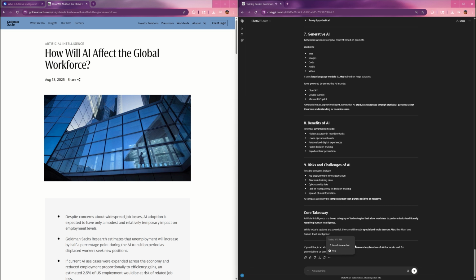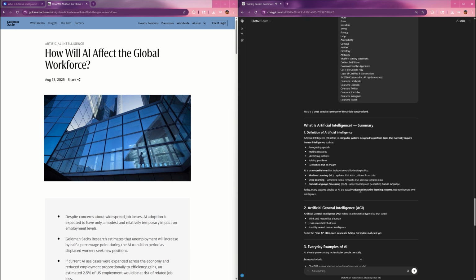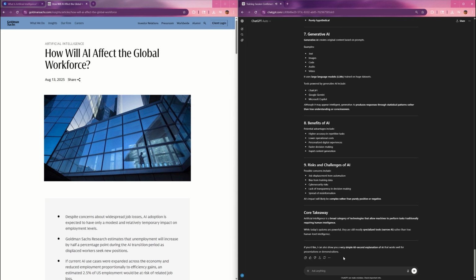Here is a clear, concise summary of the article you provided. What is artificial intelligence? Summary. 1. Definition of artificial intelligence. Artificial intelligence, AI, refers to computer systems designed to perform tasks that normally require human intelligence, such as recognizing speech, making decisions, identifying patterns, solving problems, generating text or images. AI is an umbrella term that includes several technologies like machine learning, ML, systems that learn patterns from data, deep